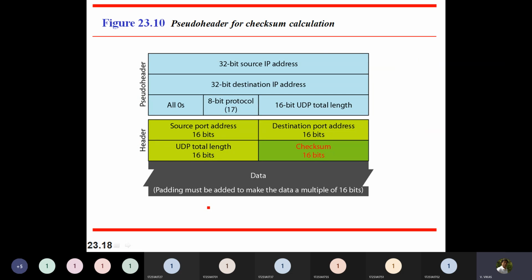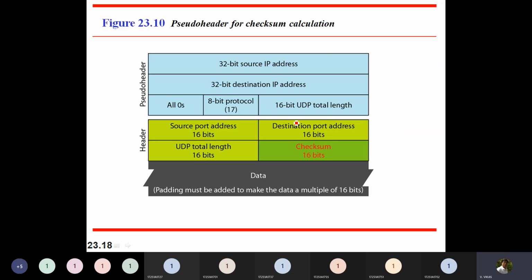Then we have something called a pseudo header, which is very crucial in the calculation of checksum in UDP. Like the checksum calculation we did at Ethernet or maybe at IP, I hope you remember, we considered 16 bits at a time and added all those things, and at the end we considered the inversion or the complement value of that particular result. Similarly, here also we will be doing the same thing, but the difference is rather than considering only the header